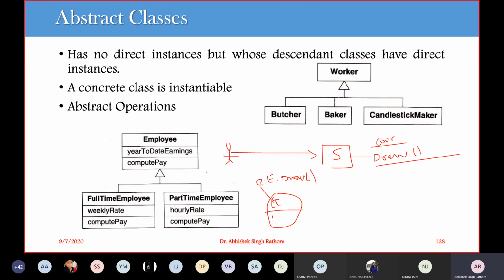So when we have an operation that is specified in an abstract class, or this operation is specified in a specific class, these operations are named abstract operations. It can have a definition or it cannot have a definition. Some object oriented languages support implementation of abstract operations, and some do not, like C++ doesn't support some